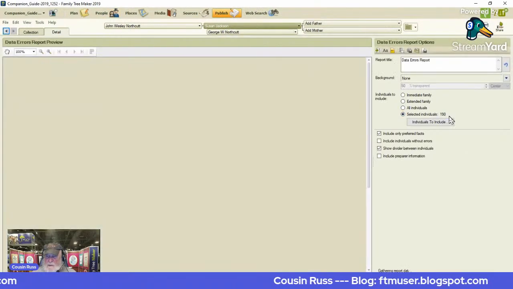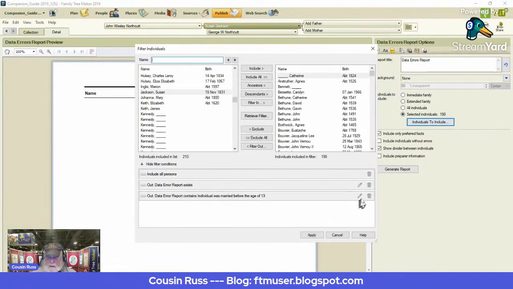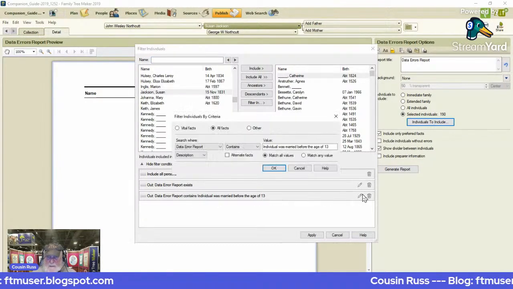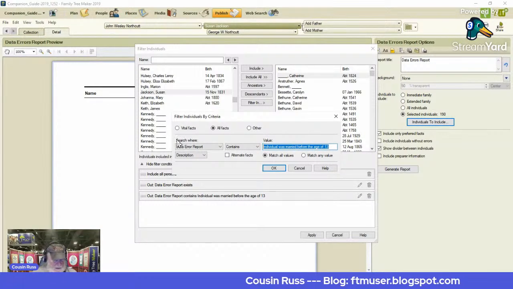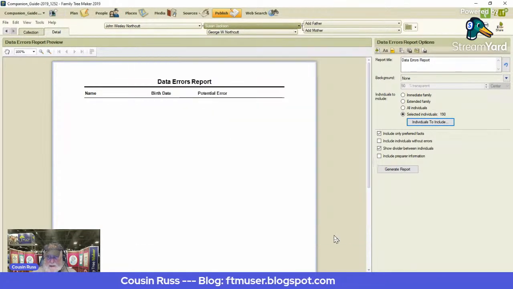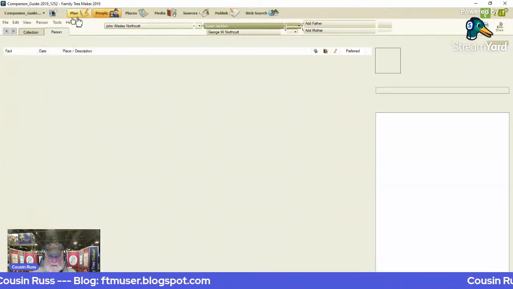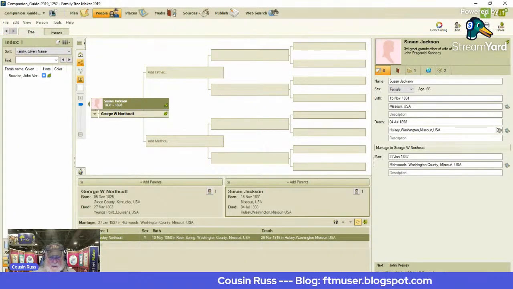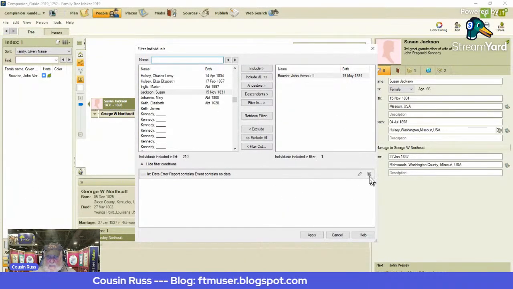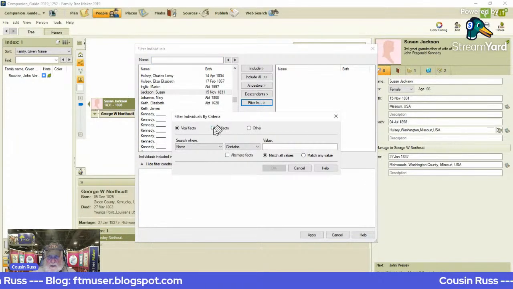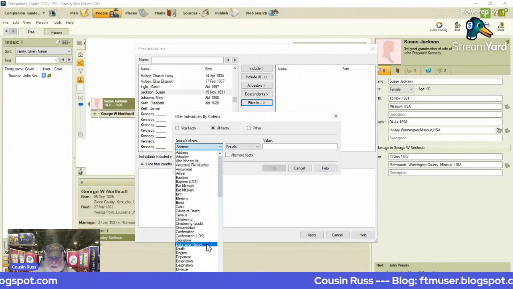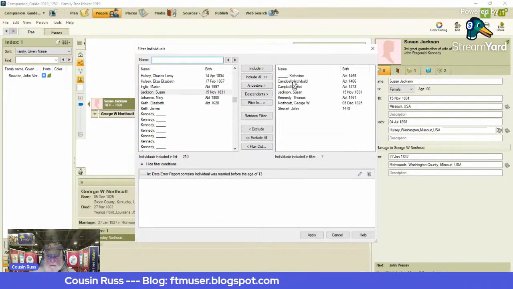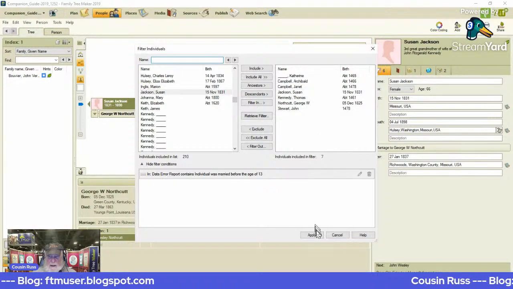We go to the published workspace and clear. There's the entry that I wanted. Let me put that on the clipboard. I pick that up. Cancel. This is the report. Now we go back to the people workspace, and I've got the filter in. And I'm going to get rid of that. And I'm going to filter in all facts, data error report. I'm going to paste the text that I brought from the report, and all of those people have that data